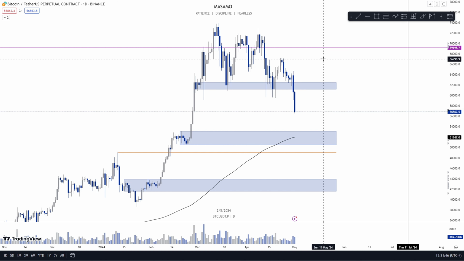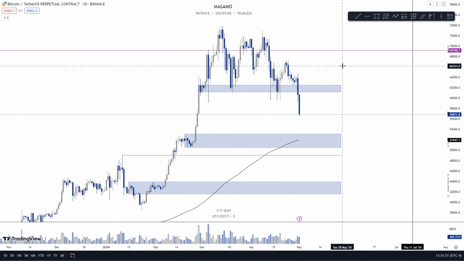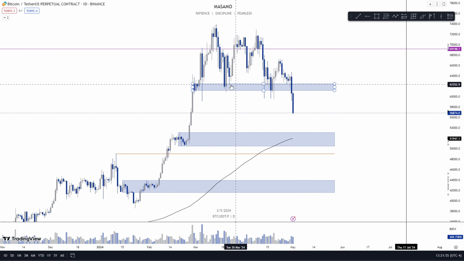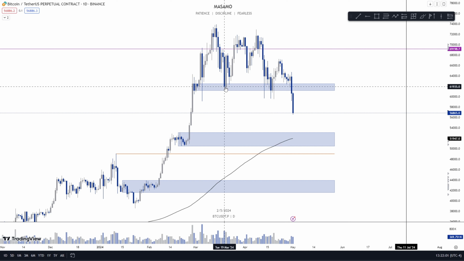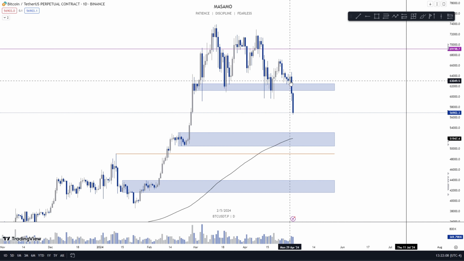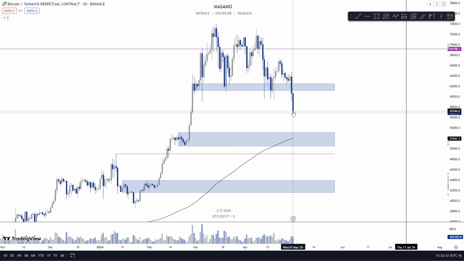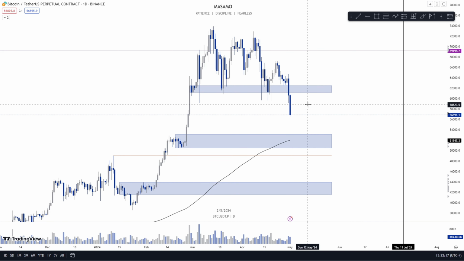So okay, let's continue. Now we are on a daily time frame, and let's talk about what is going on here. We had the breakdown of this support area. You can see we had a breakdown here, candle closes above, candle closes above every time, even here candle closes above. Yesterday was the first day when the daily candle closed under this support area, and now price went lower, right? So this looks like the breakdown of the range,